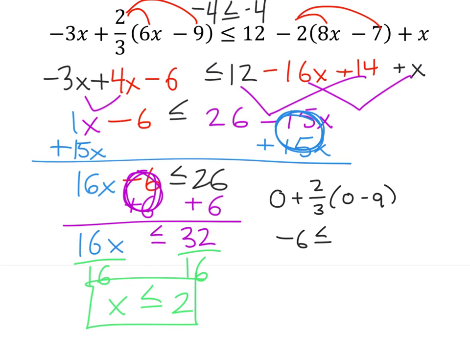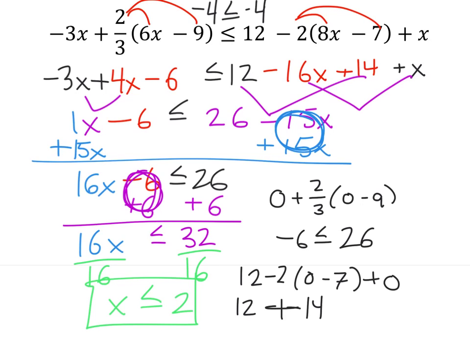Well, is this less than or equal to, we'll check the other side, 12 minus 2 times 8 times 0 is 0, minus 7 plus 0. Well, this would give us a 12 minus what would be a -14, so I would add that together, and I would find that -6 is less than or equal to